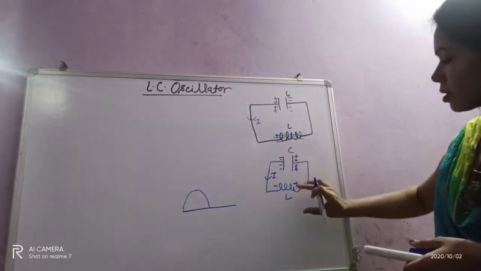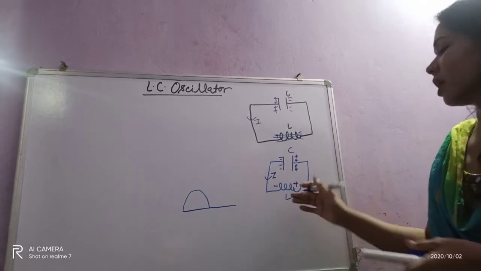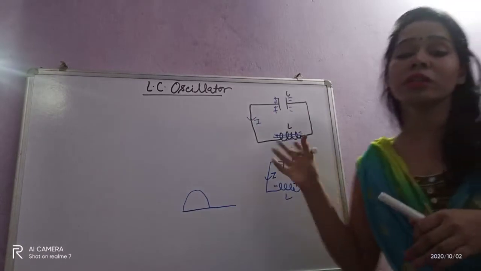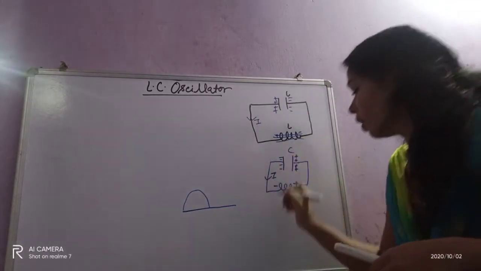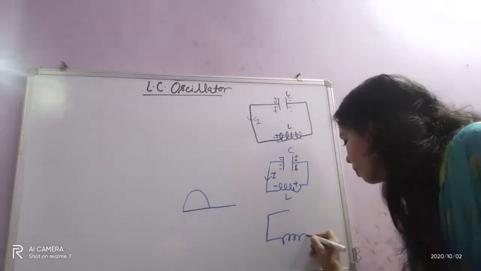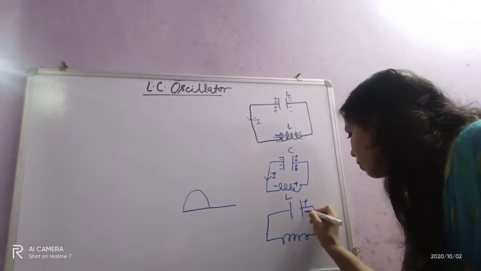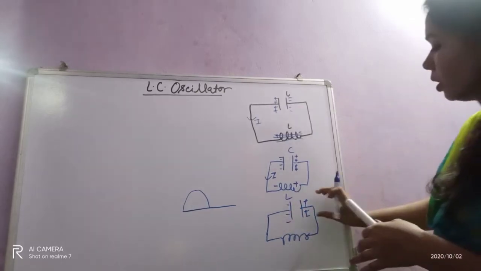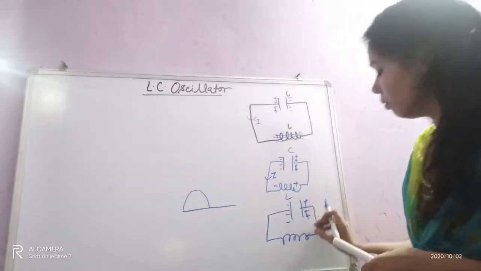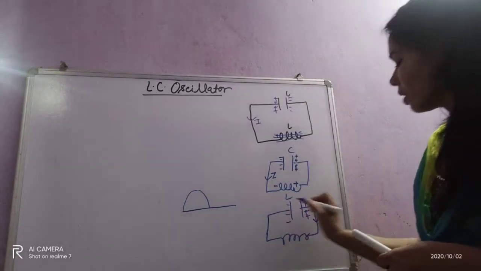Now see, in this case the capacitor is fully charged, but the inductor is completely discharged. It has given all of its magnetic energy to the capacitor, which is now converted into electrical energy. Now I will draw another case. Since the inductor is discharged and the capacitor is charged, because of the potential difference, current will flow from positive to negative. So what is the direction of current now? From this side to this side.